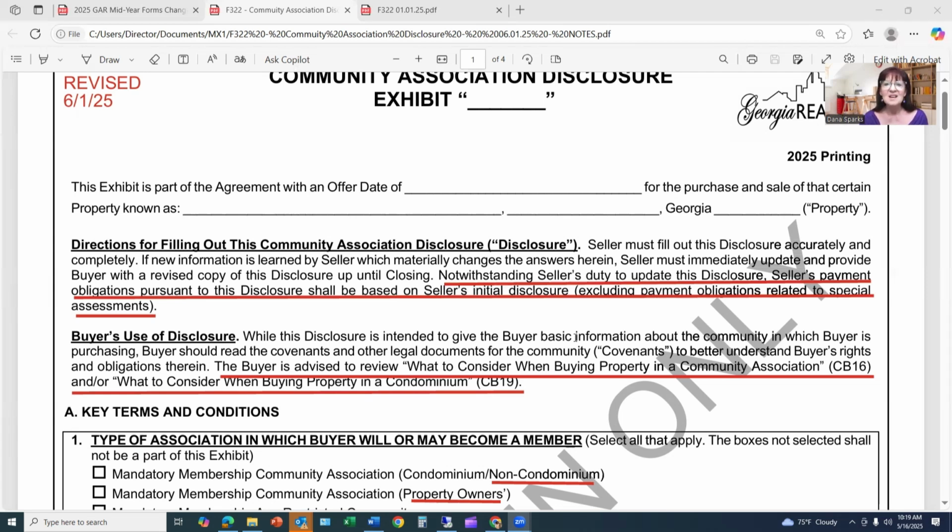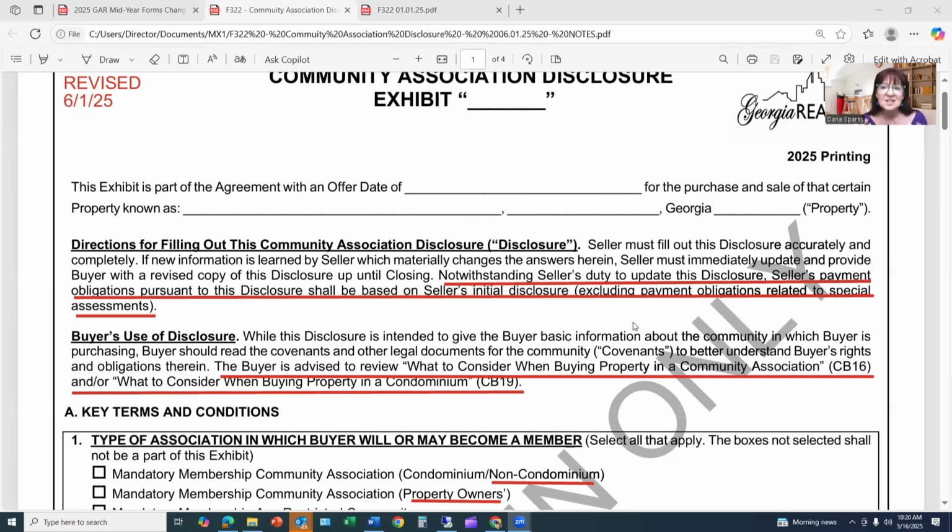What does that mean? Listing agents, when you are giving this form for your sellers to complete, they need to find out the fees that they have to disclose on this form. If not, and this hasn't changed, they are obligated at closing to pay any fees they did not disclose or any overage from what the actual fee is versus what they did disclose, even if those fees change.